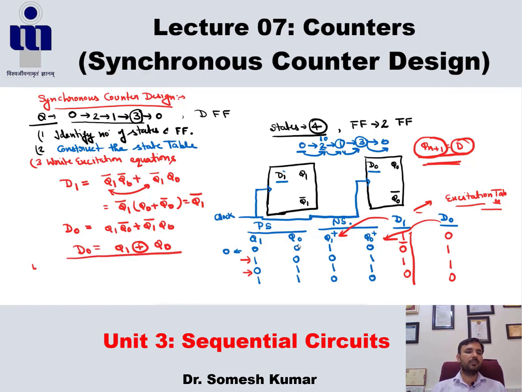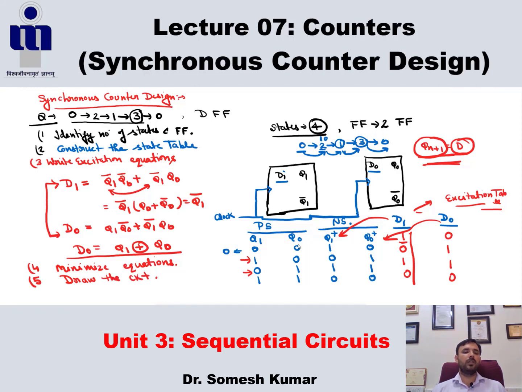Next step is to minimize this equation. If there is a very long expression with more number of variables, then we have to use the K-map. Here both are already our minimized equations, so no minimization is needed here. What is the next step, or the final step? Draw the circuit by using this equation.